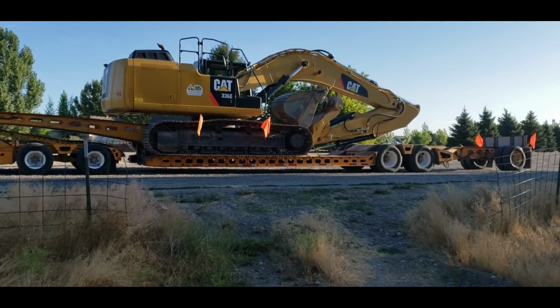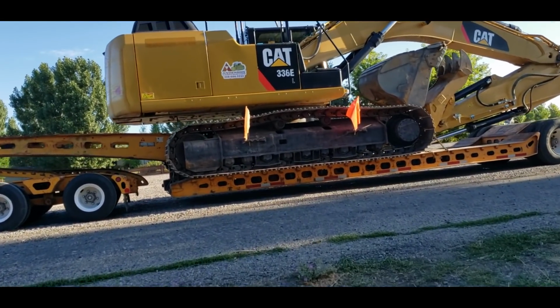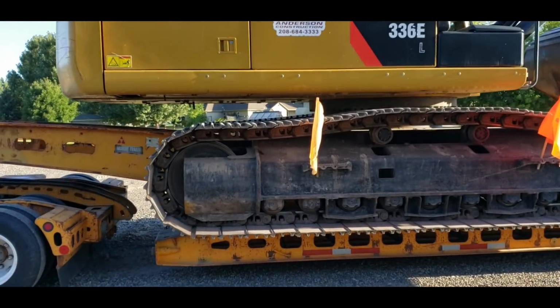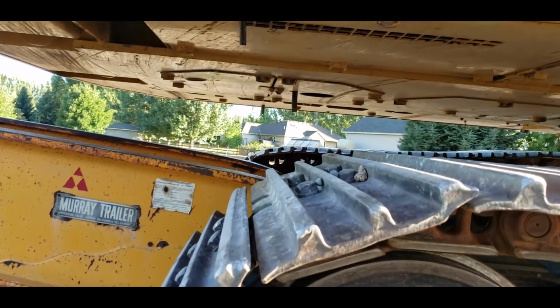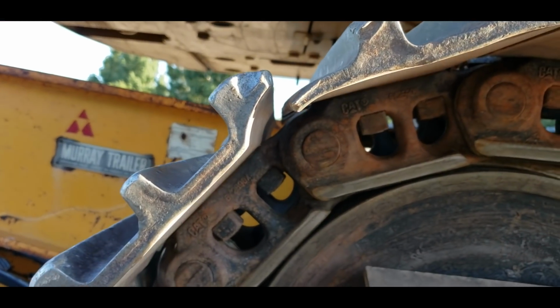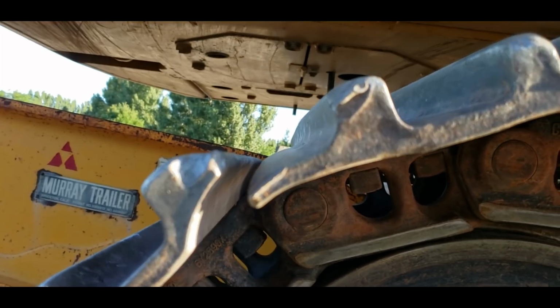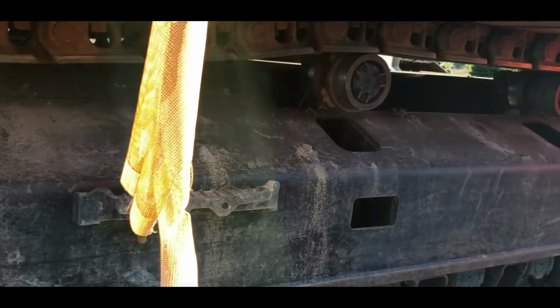So we're loaded up this morning and we're out of here. But what it does, all those rocks, you got to be careful where you go. It bends pads. For the life of me, I don't understand why these pads can bend like this. I guess they're just not thick enough. But you can see that one right there is bent. And then I've possibly got